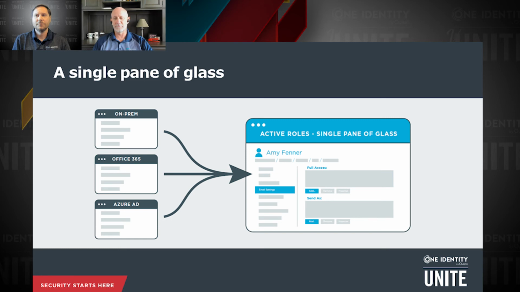I find this one funny because when I demo this for customers, it's very difficult to explain something that is so fundamentally simple. And that is, you bring up the single pane of glass, everything looks exactly the way in your head you would think it does. But then you have to point out the fact that if you step back and think about what it looks like if you don't use this, they're in all these different systems. And worse yet, if they change something in one place and they don't change it someplace else, that becomes a problem. So we really solve a major problem, both from a security angle, from an error proneness perspective, as well as from a training perspective for your service desk. So it's a really, really big win.